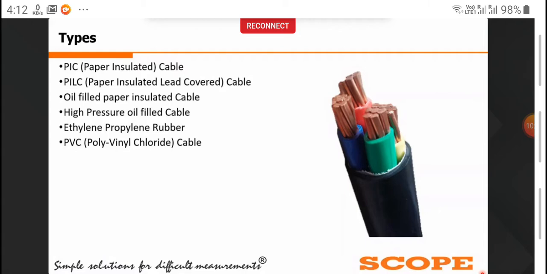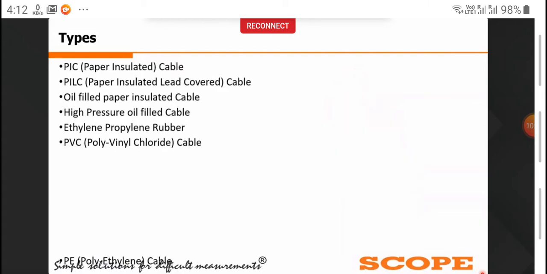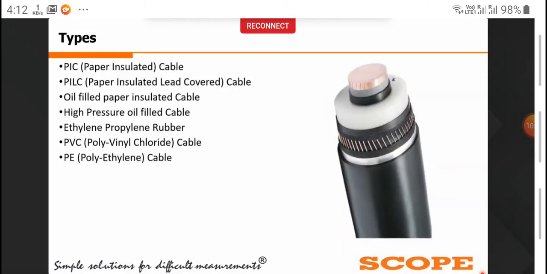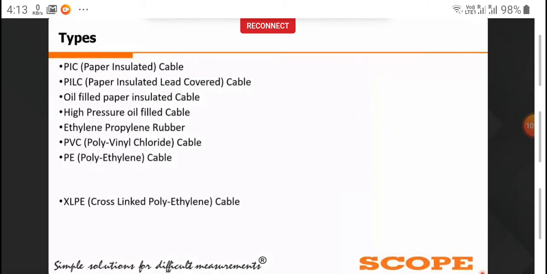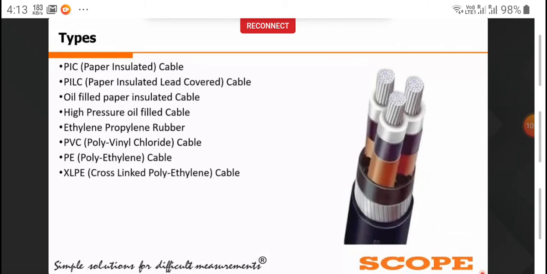To overcome this, polyethylene cable is mainly used. Polyethylene cables have lower dielectric losses than PVC, and also good mechanical strength compared to PVC cables. But they are not as flexible as PVC cable. They are hard in nature. The only disadvantage of polyethylene is that it is highly sensitive to moisture under high voltage stresses.